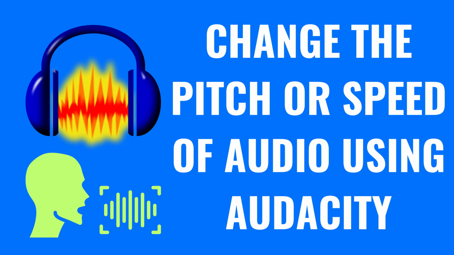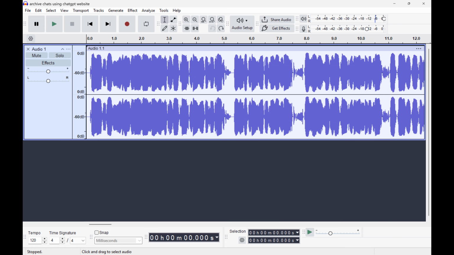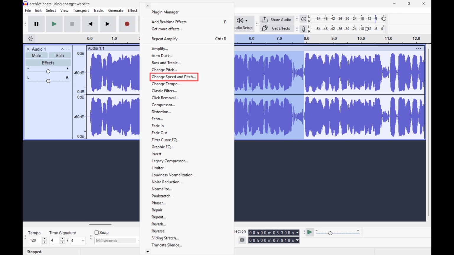Next, let's look at how you can change both the pitch and the speed of your audio. Step 1. Open the audio file in Audacity that you want to change the speed and pitch for. Step 2. Highlight one of the selections in this audio clip that you want to change the speed and pitch for. Step 3. Click Effect in the row of options along the top of the screen and then click Change